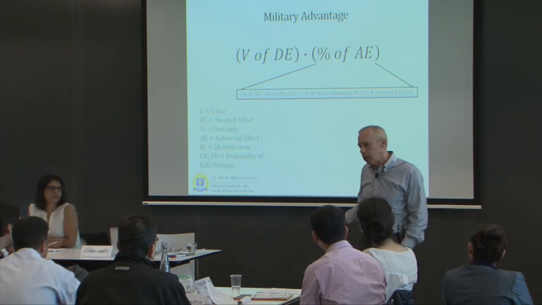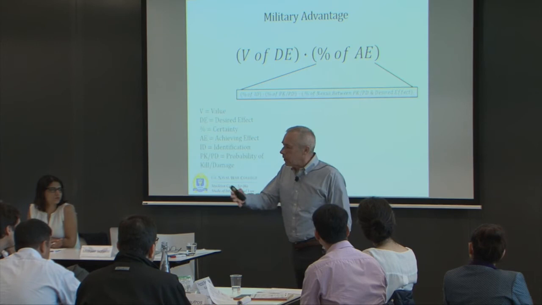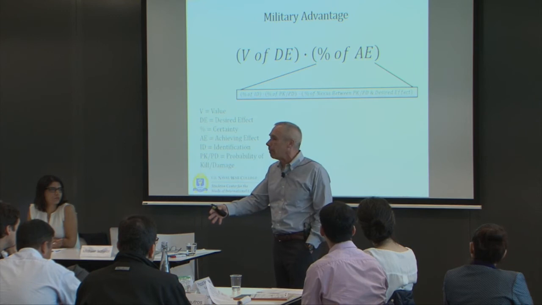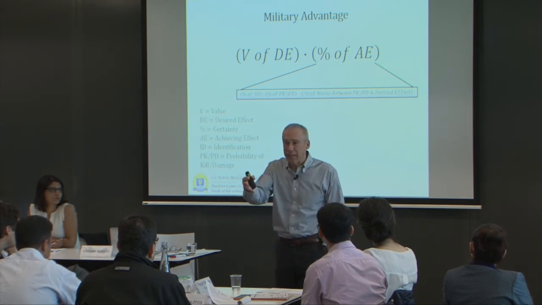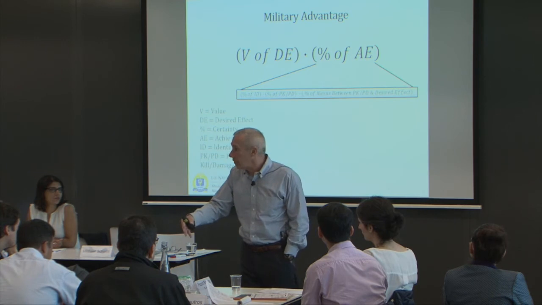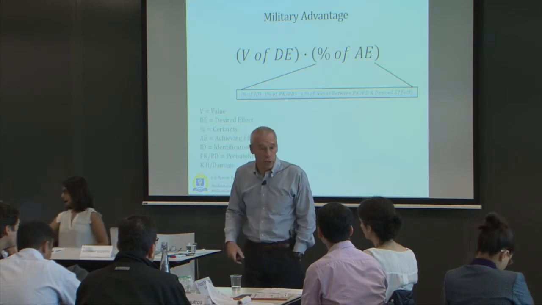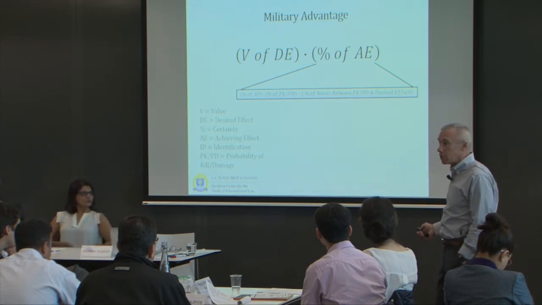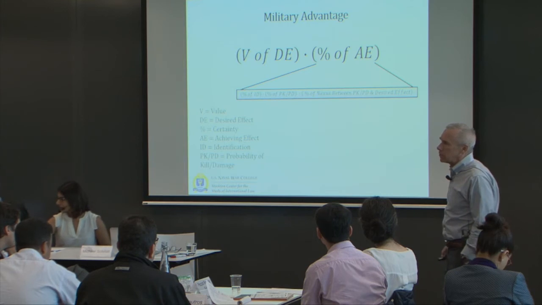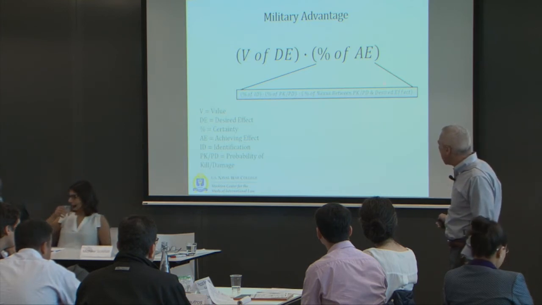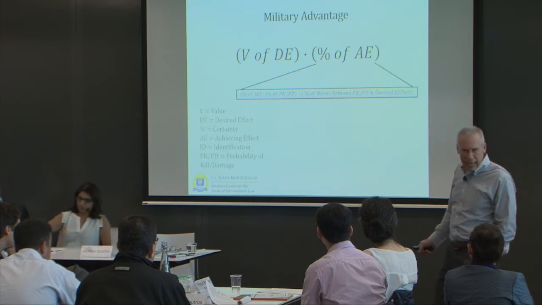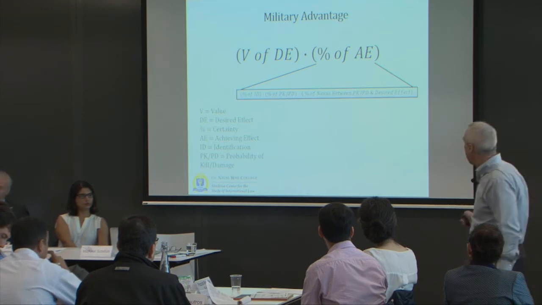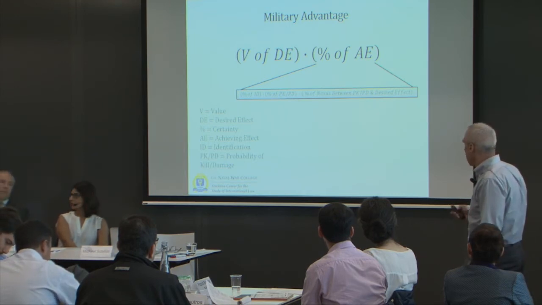So we were talking about the insurgent leader. We often target insurgent leaders. Why? Because it will disrupt command and control. That's very valuable. But what if the insurgent leader is killed, and that insurgent leader is quickly replaced by someone just as good? Well, I thought I was going to get, we were talking, 6 months of disruption of the group's command and control. Maybe I got 2 weeks of disruption. So you have to ask, how likely is it that my planned operation is actually, even if it's successful, even if I've got the right person, going to cause the desired effect?